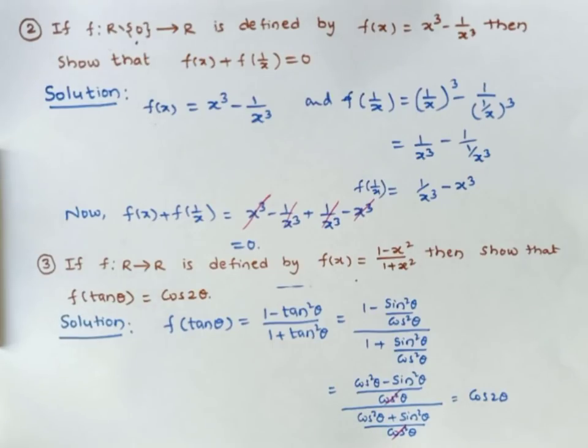I guess you already know this in our 10th class, or also we can discuss that cos square theta minus sine square theta equals cos 2 theta in trigonometry. And see in the denominator, cos square theta plus sine square theta is 1, right? So that is the basic identity in trigonometry. So for this just remember cos square theta minus sine square theta is cos 2 theta. We will prove this by using some compound angles of trigonometric ratios.